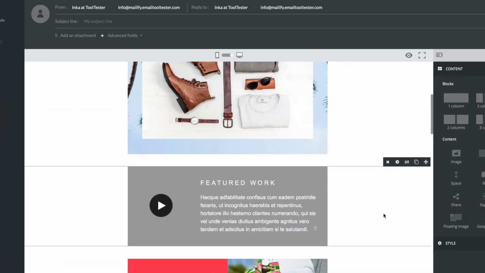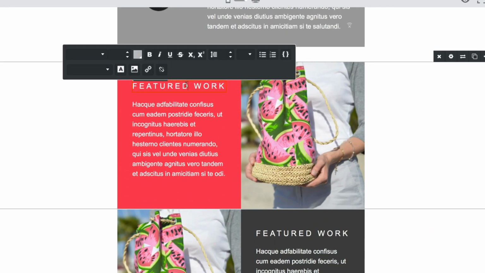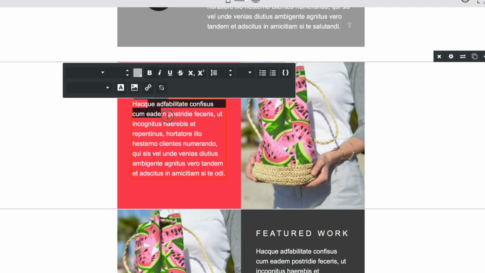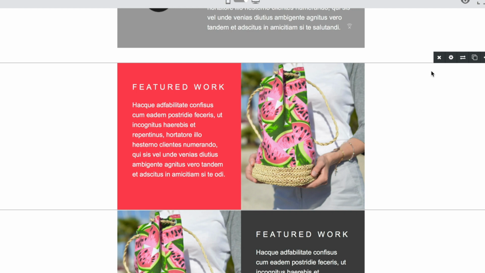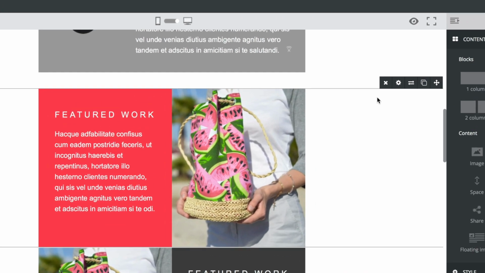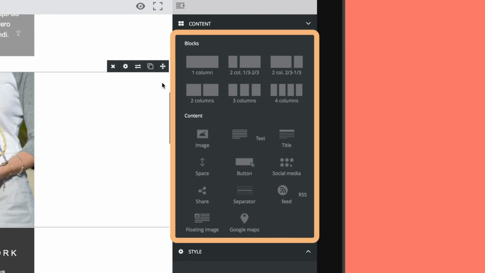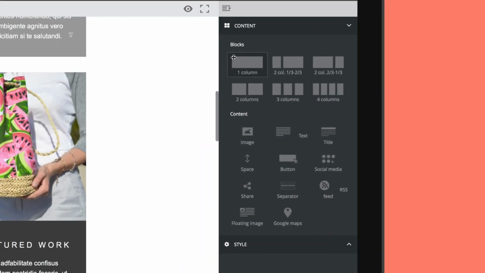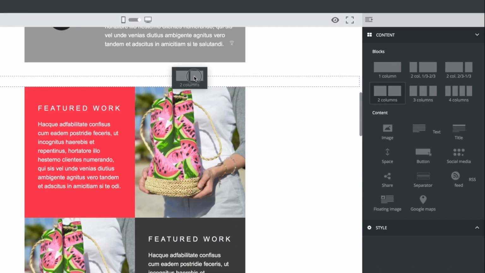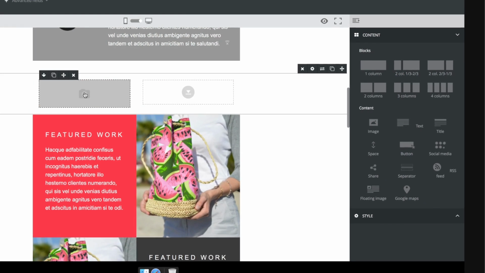We're big fans of their editor, which is fast and super easy to use. All editing is done inline, so it's really just a case of clicking and adding your text or changing the styling. You've got a lot of options for customizing the layout. You can remove elements and sections, move them, or duplicate them. You can also add new content blocks, such as columns, images, text, and buttons. For instance, we can add some new columns by dragging and dropping this block. We can then customize the content of each column by dragging and dropping elements in.